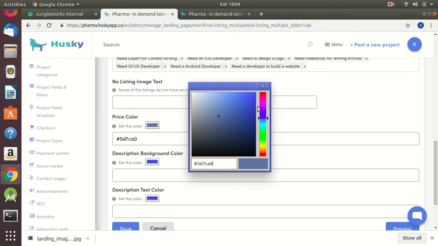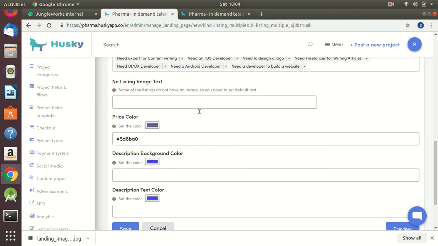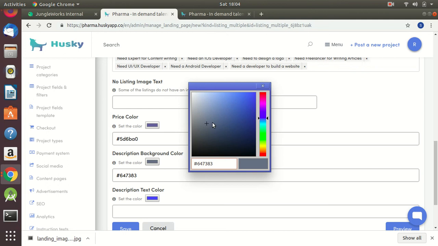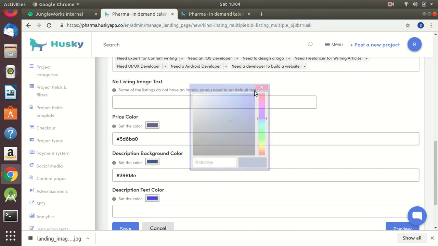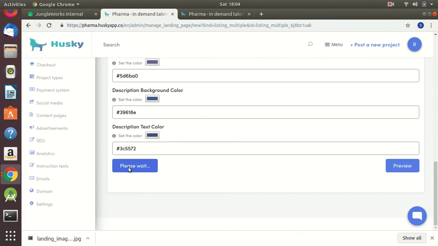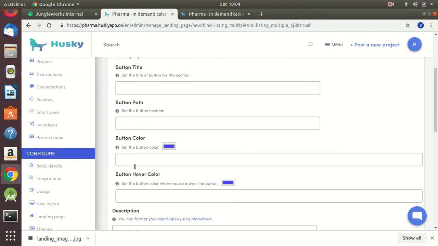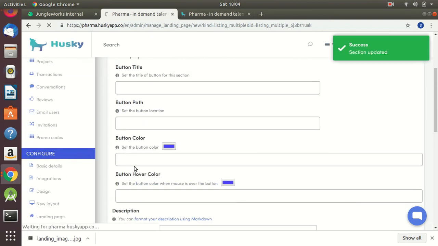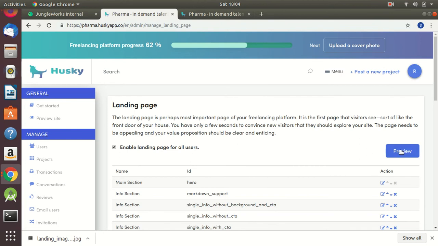Suppose I'm choosing this. We can choose the description background color and the description text color. And then I'll save this section and preview it.